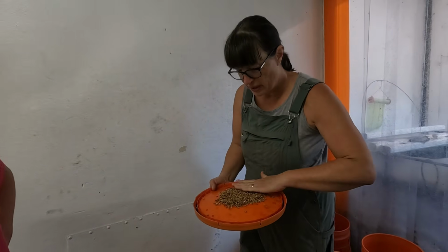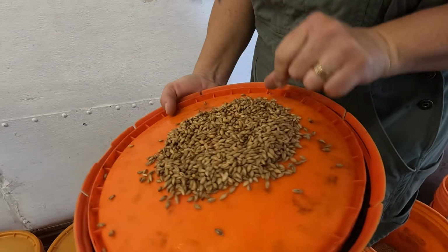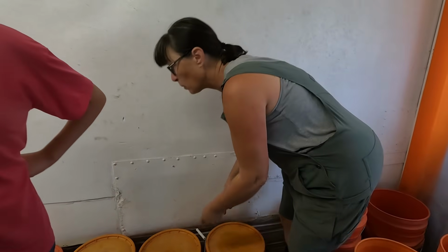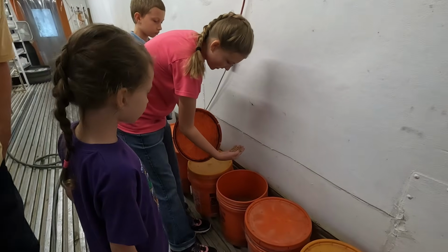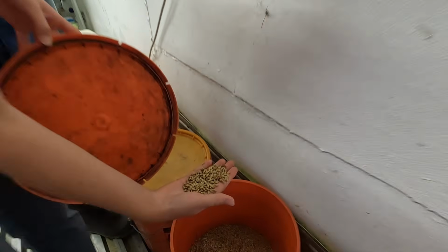Okay. So this one, it's been soaked yesterday, and it's just starting to get a couple of tiny sprouts here, like this. The little zygotes coming out. Yeah, I can see them over there. See? Okay? So that's yesterday's soak, and then pull one of the lids off of the fourth bucket down. And you got roots and sprouts, right? So that's what's going in the tray today after we pull out